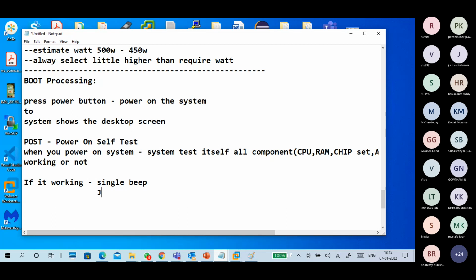Next, keyboard LEDs blink once. If it is working, it means POST successful. Remember guys, working means POST success.